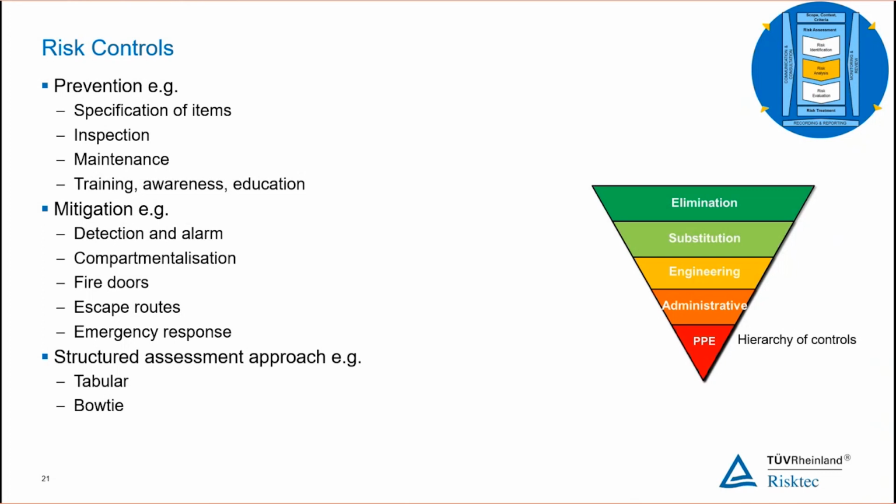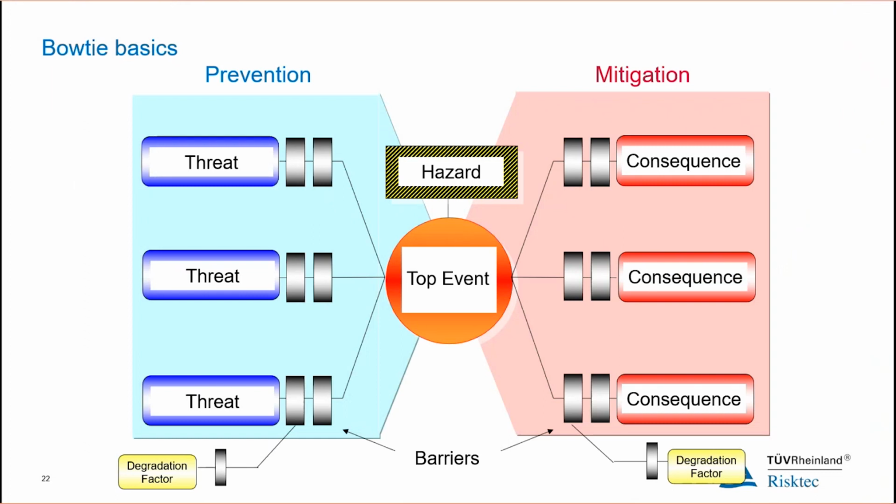As I said, we have to understand these controls so that we can make an informed evaluation. We may do that via the risk register on the previous slide. Another tool that's very commonly used is called a bow tie. Now, bow tie is a graphical, qualitative approach towards evaluating our scenarios. And the basic concept of the bow tie is that we're looking at these threats can cause the release of the hazard, which can lead to the consequences, this scenario we're trying to manage. This causes this, results in this.